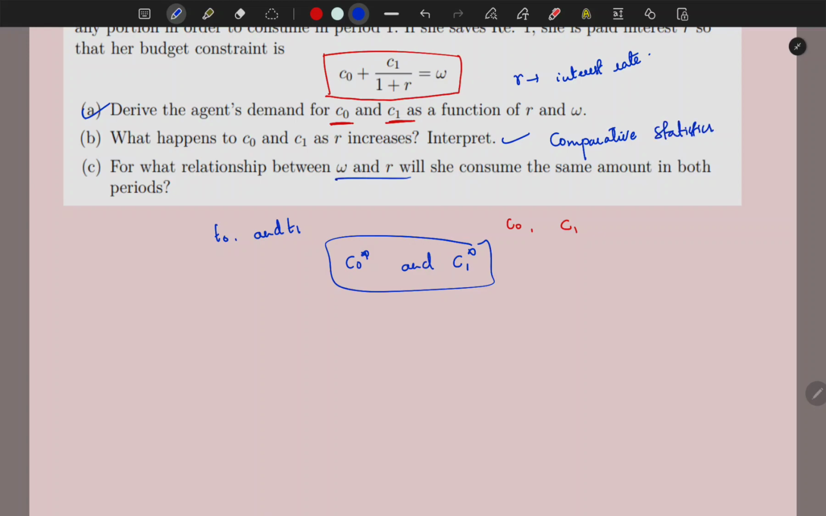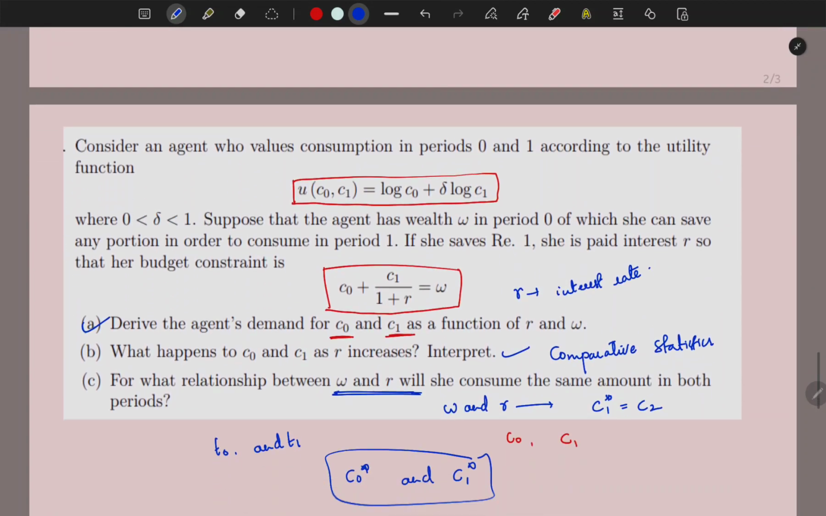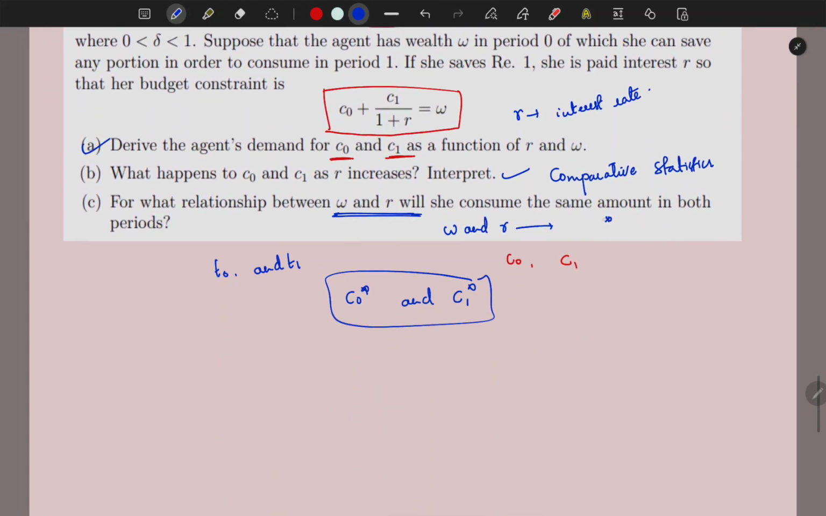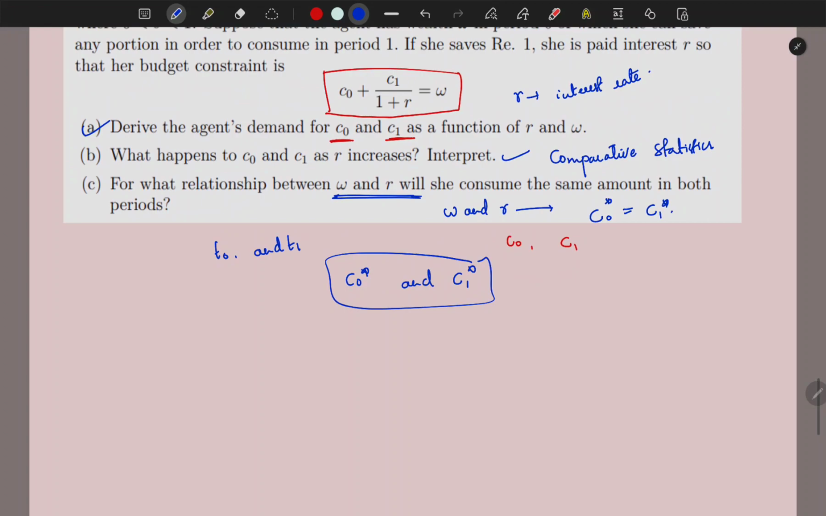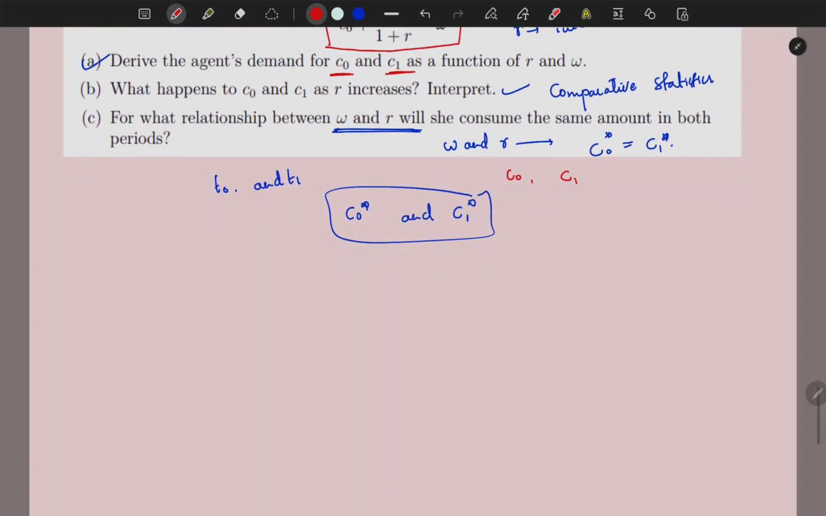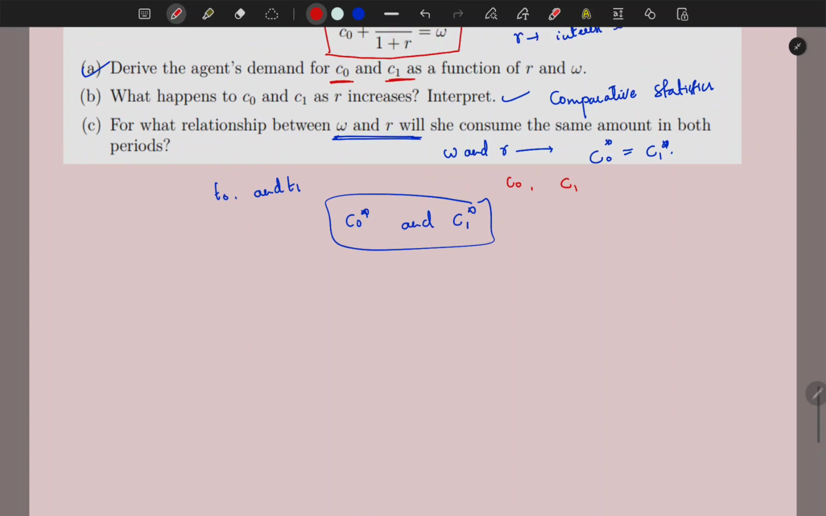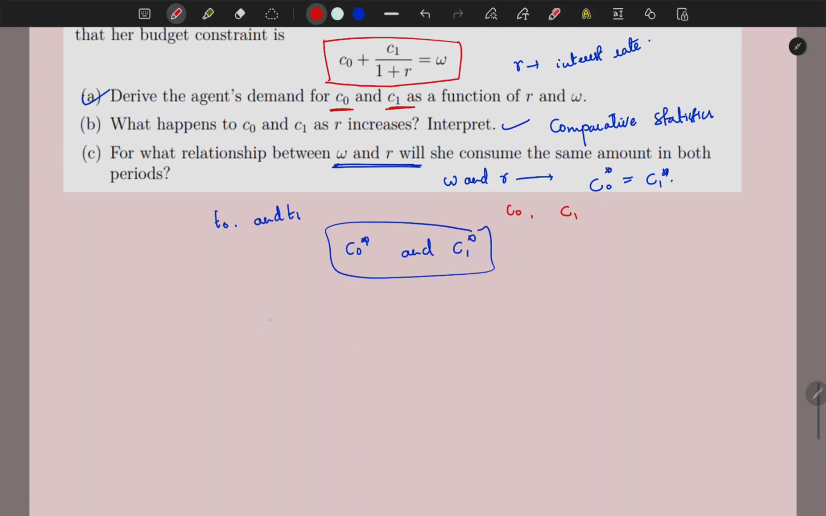The third question is about the relation between W and R, in the case when C0 star equals C1 star. Okay, let's start solving this question. To solve it, the best method is Lagrange. Before that, we should write that the budget constraint is C0 plus C1 divided by 1 plus R equals W, and the utility is